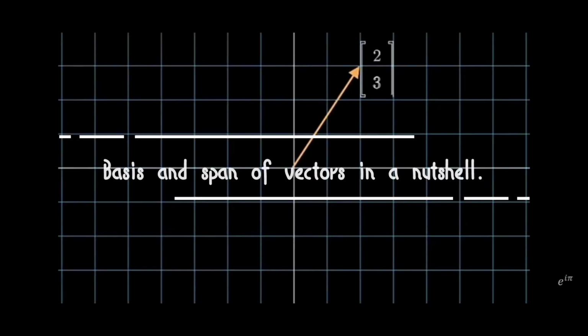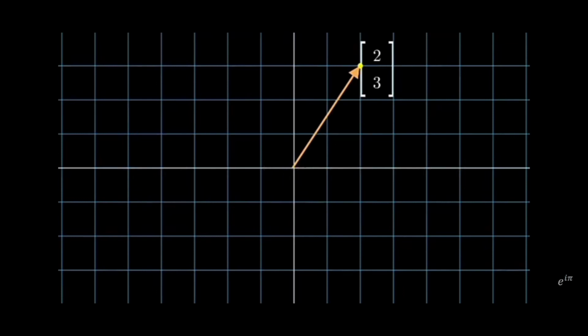Recall that it shows how to get to the tip from the tail. Now note that this means exactly the same as extending the unit vector along the x-axis and y-axis and simply adding them. Now it's interesting to note that this is true for any vector on the plane. It can be represented as